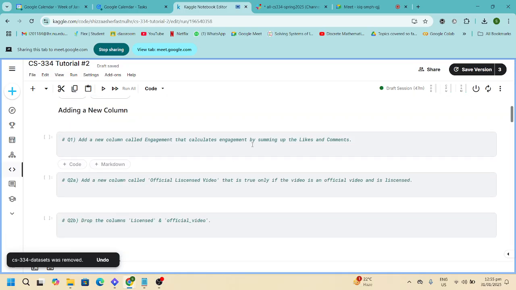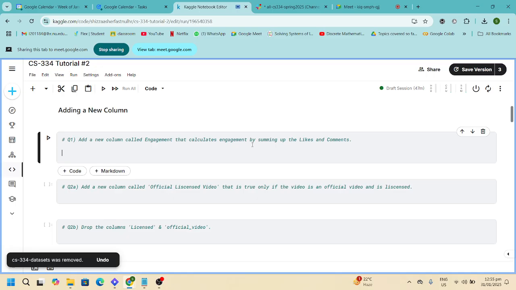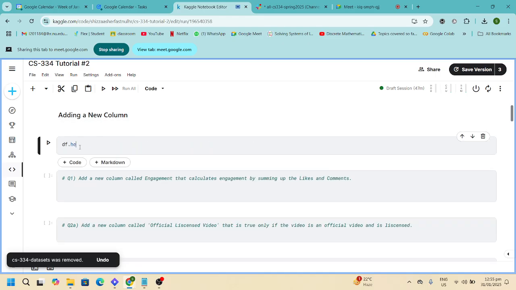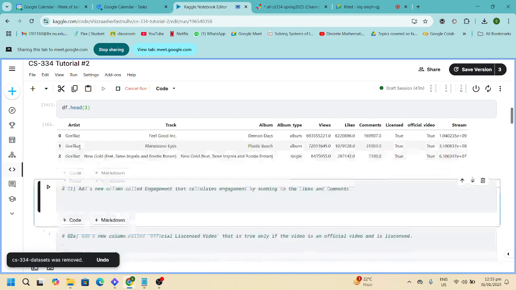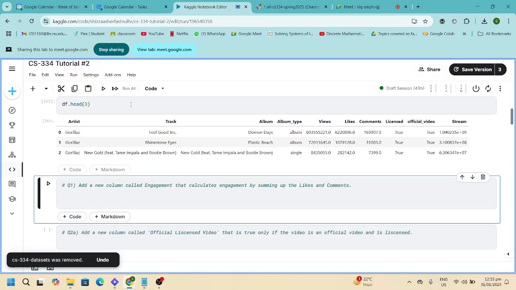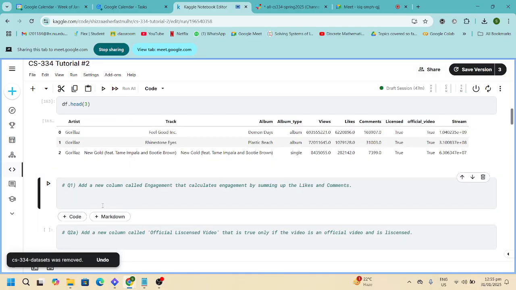Okay, I'm using the exact same data set. I'm going to show you guys how to add a new column to your data set. Suppose you're adding a new column just to display the head so you remember what the data frame looked like. You'll always find this useful. Add a new column called engagement that calculates engagement by summing up likes and comments. So let's see how we create new columns. So df,